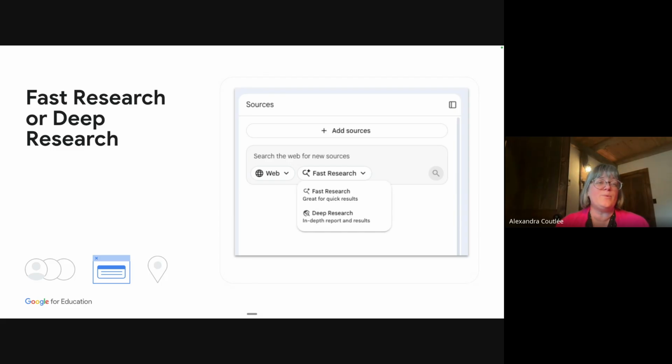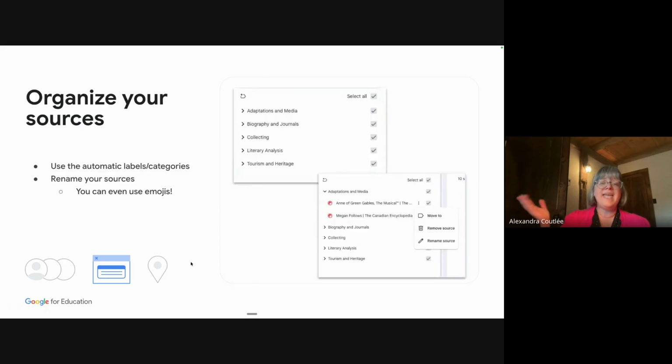The next one is you can do a web search really quickly, but you can also do a deep research in NotebookLM. A deep research is a little bit different. I'm not going to demo it because it can take a few minutes to do, but I invite you to try it out. When you give the topic and you create a deep research, it actually creates a report and lists all of the sources. You'll be able to import the report into your sources and import all of the links as well as part of your sources.